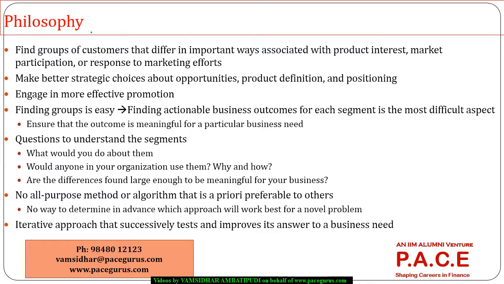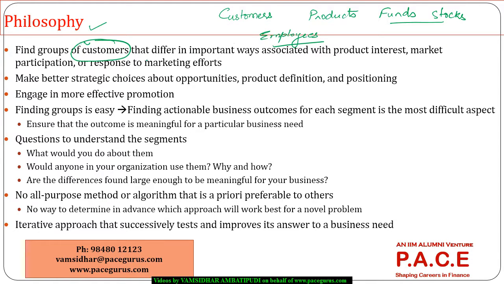So just getting into the major philosophy behind segmentation, I have a big list of customers. Why only customers? I can have a big list of products, or a big list of funds, or a big list of stocks, whatever it is. Field-wise, I have a big list of my employees. So you can take examples from the world of marketing, from finance, from HR, etc. I want to find the groups. I want to do some kind of grouping in this data